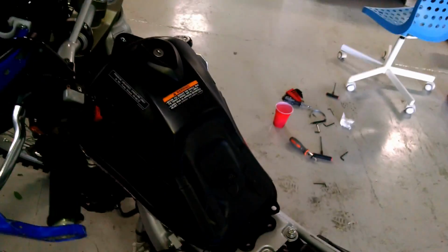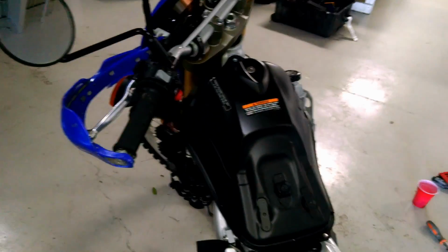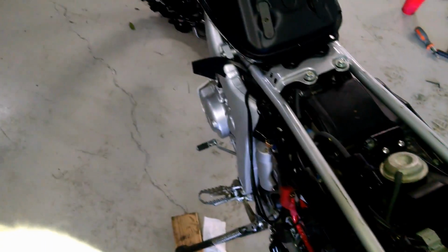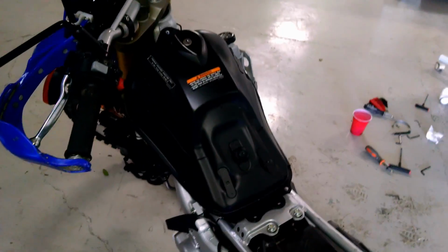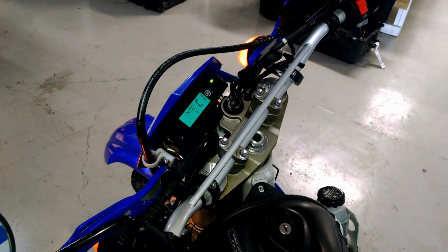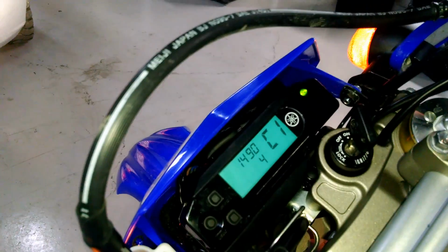If you want to take it for a little test ride before you put everything back together, once you put the tank on, as long as you just put this screw in here and then put your seat on, it should be fine to just go and test it. Now the other thing you might want to do is check your idle after you've adjusted the TPS. So if you don't know how to check your RPMs,